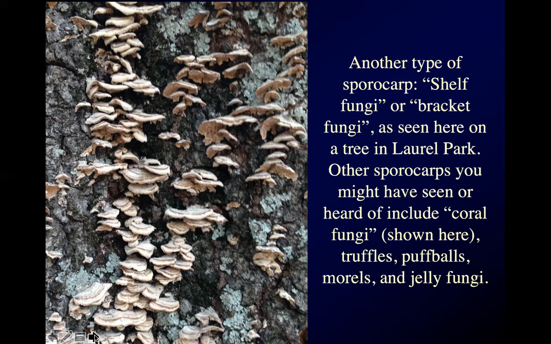The actual mycelium is growing through the wood of the tree, quite possibly making the tree sick, weakening its wood. But the part that we see that sticks out of the wood is these sporocarps, these shelf fungi. They make spores on the underside, and the spores fall off, drift away with the wind,